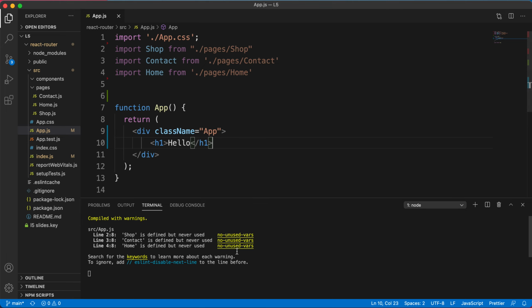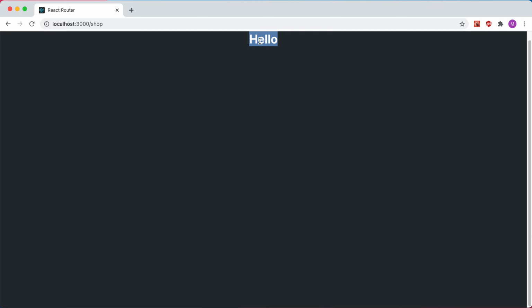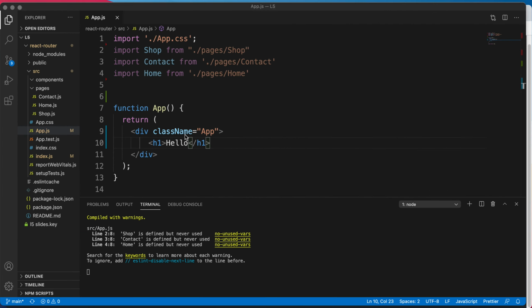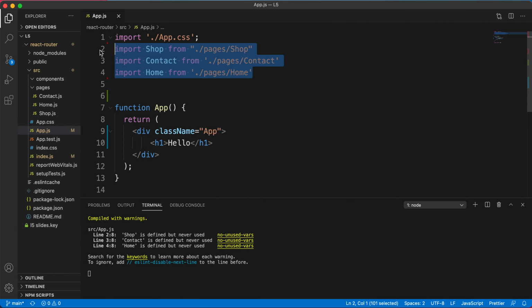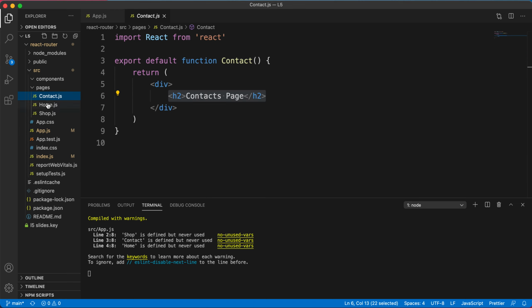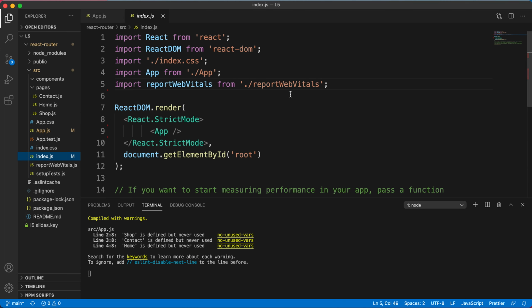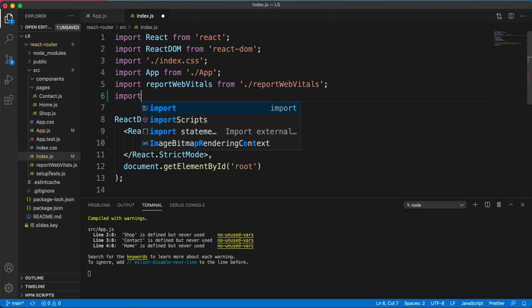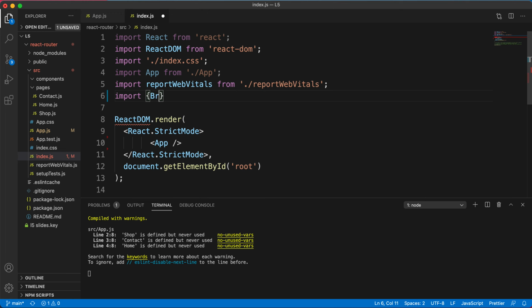project in VS Code. And as you can see, I'm just running a boilerplate with a very simple message saying hello. This is how the app.js looks. And I have 3 dummy pages that basically render an H2 element saying home, contact, or shop page, and I don't have anything else. So first we're going to go to our index.js and import browser router,